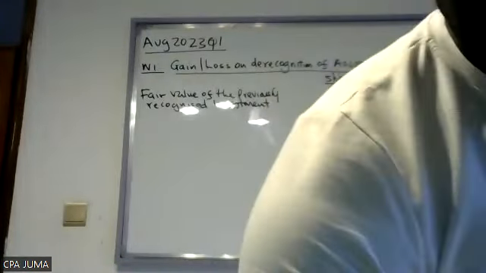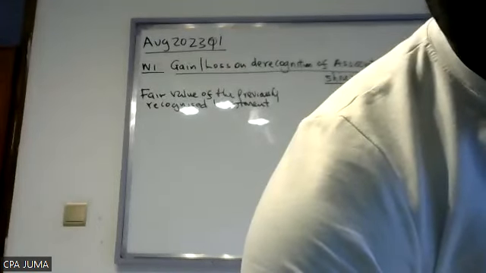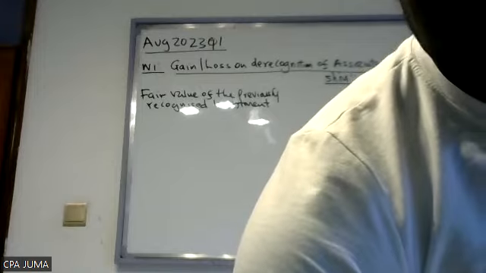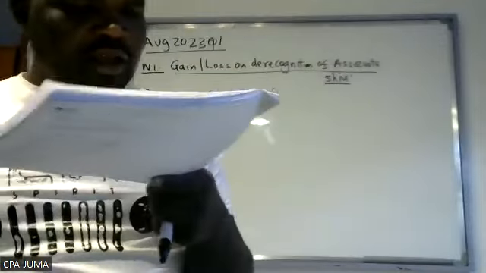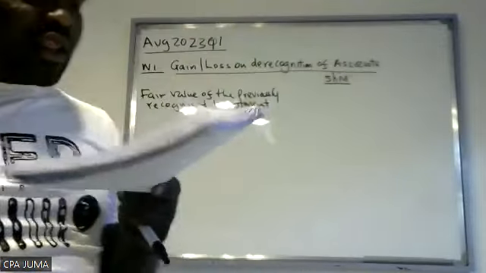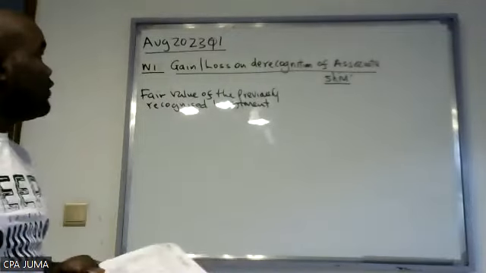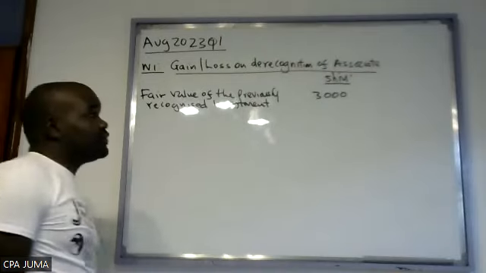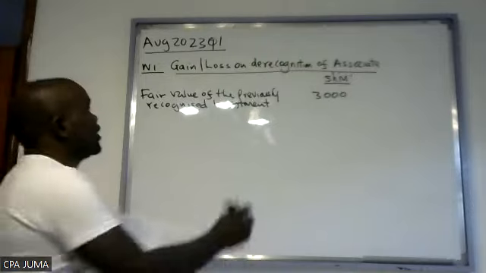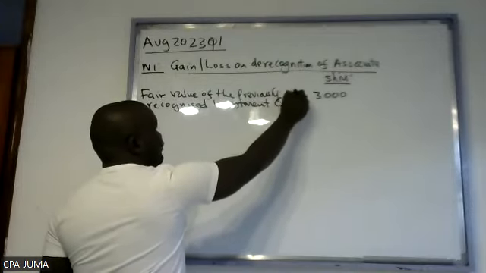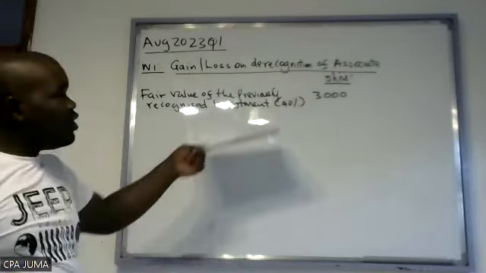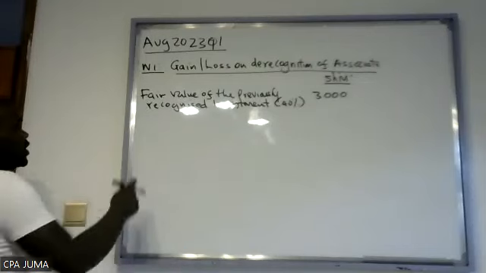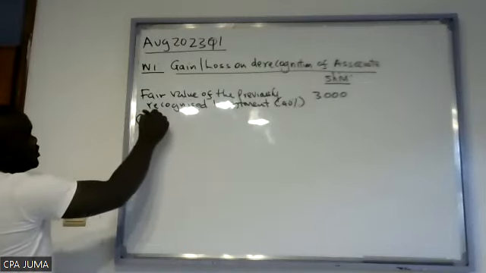In the additional information number 1, they said that currently the fair value of the previously 40% interest in S was 3,000 million. So currently the value of that investment is standing at 3. That is the market value. What you had invested initially, the 40%, right now, the 40% is having a value of 3, correct? But what is the book value? So you check the carrying amount